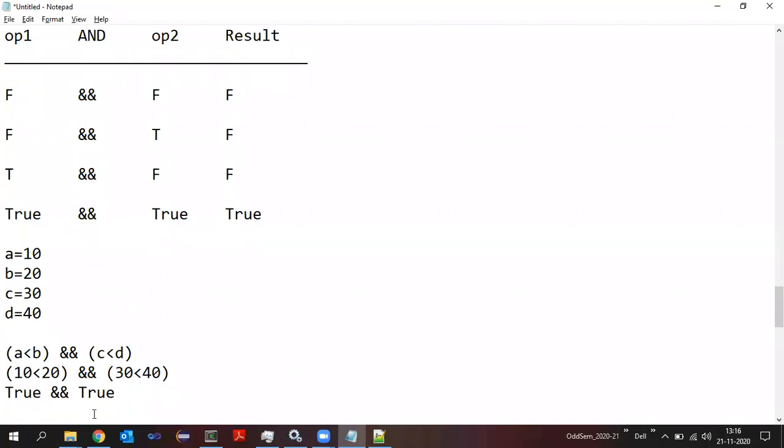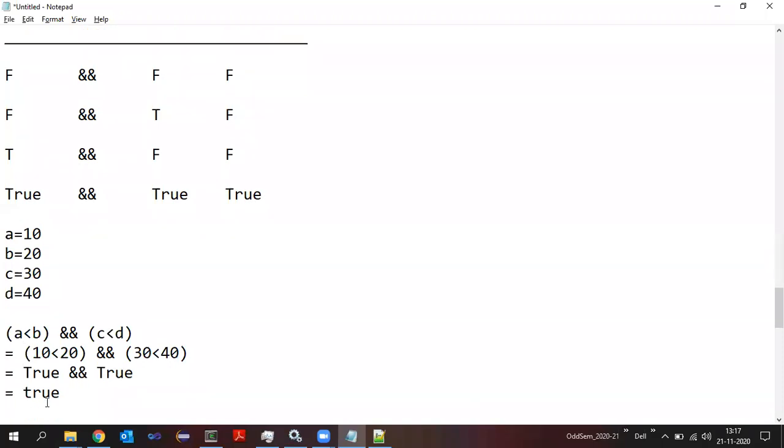Next step, what do I need to do? Now this true is one operand, the first operand, and the second true is the second operand. Okay. Now what will be the result? AND will give true when both the operands are true. This should be true, this should be true. So in this case, both are true only. So what do you expect the result to be? A true value. Understood, student, this explanation? The final result of this one is a true.